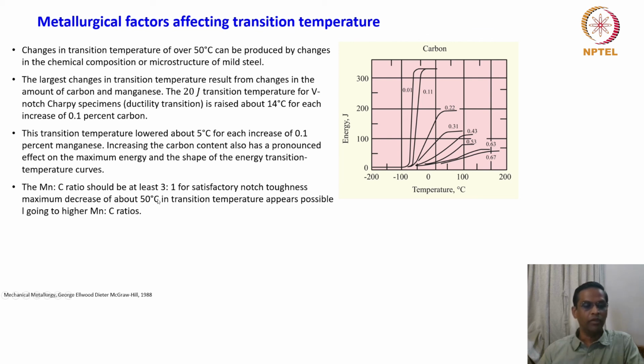A maximum decrease of 50 degrees centigrade in transition temperature appears possible in going to higher manganese ratios. So this is one typical example where the chemical composition controls the